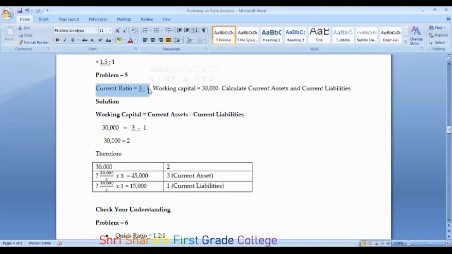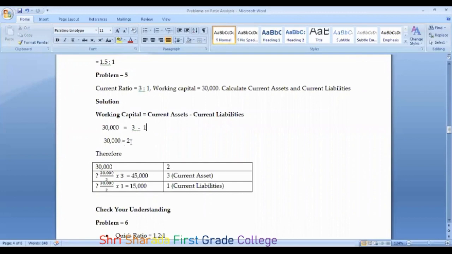What is the current ratio formula? Current assets divided by current liability. 3 goes for the current assets and 1 goes with the current liability. So 3 minus 1. Clear? 3 goes for the assets and 1 indicates the liability. Clear? 3 minus 1. So 30,000 is equal to 2, which means the firm is spending only 1 rupee for making a profit of 3, which is income for a company. So 3 minus 2 will be 1.